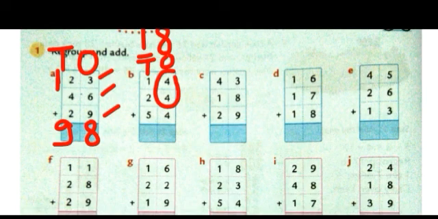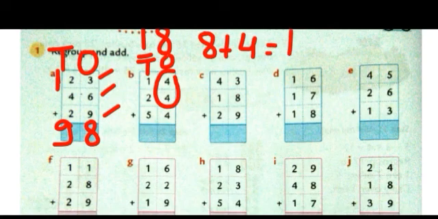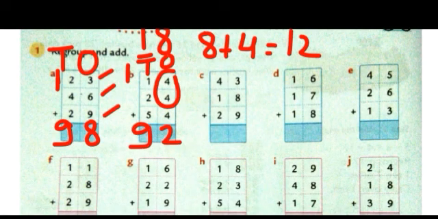So 4 plus 4 is 8. And what is the remaining number? 4. So 8 plus 4 is equals to 12. So first we need to regroup 12. So 12, 2 will be written here and this 1 will go carry to the tens column. As I told you, don't forget to add the carry over 1. Otherwise your answer will come wrong. So now 1 plus 1, 2, 2 plus 2, 4 and 4 plus 5, 9. So we will write 9 in the tens column.